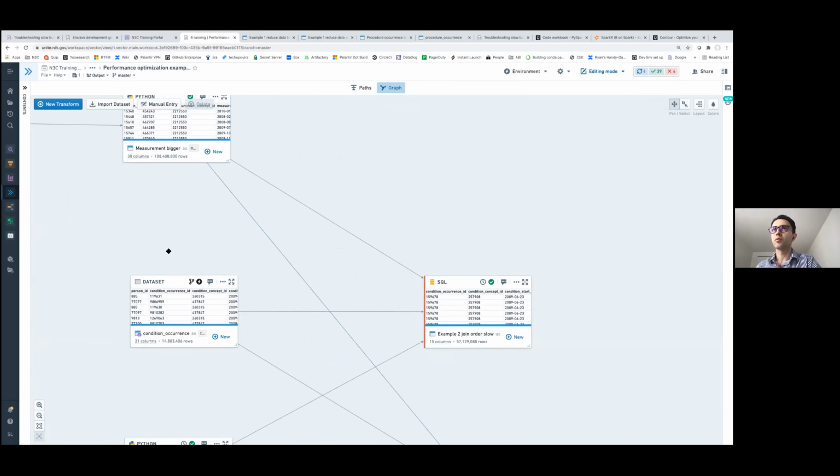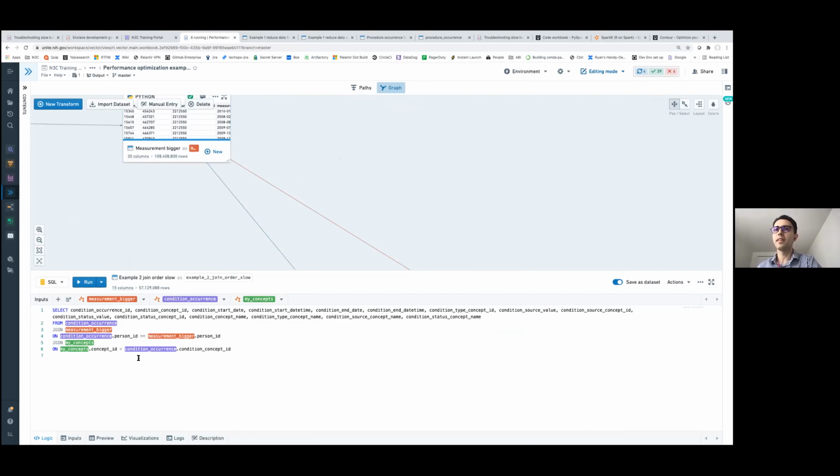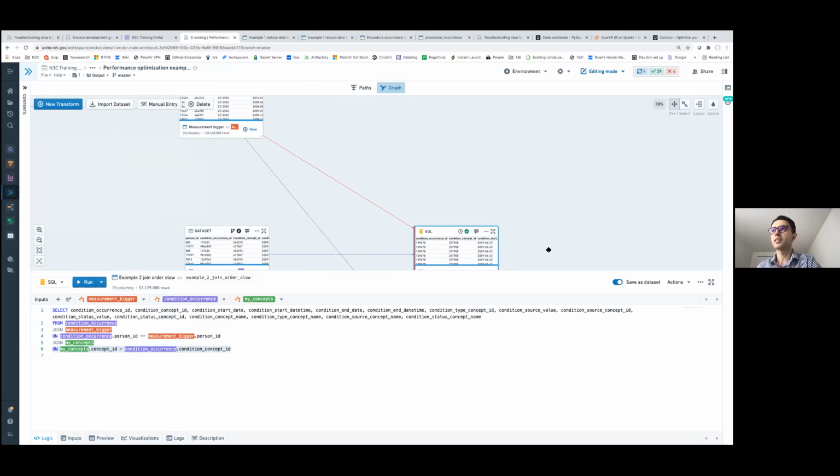And so when we join these two tables first, we can expect that our resulting data set becomes big. And then the second step I'm doing here is joining with the concepts to essentially only keep the concept IDs that I need. So theoretically this should reduce the number of rows of my resulting data set.